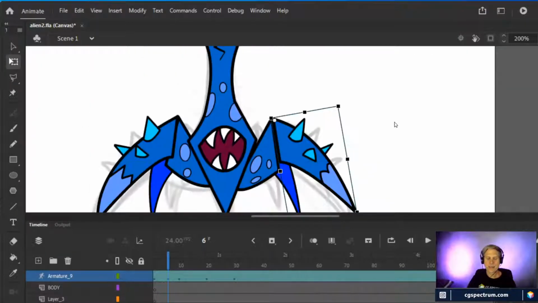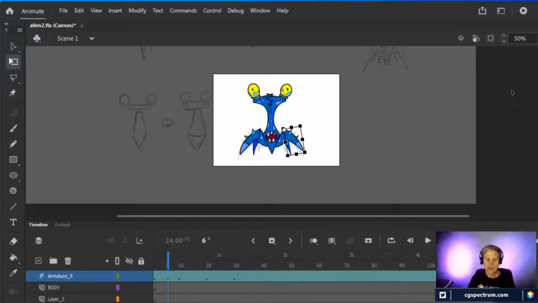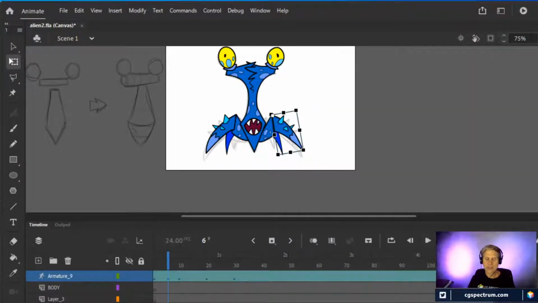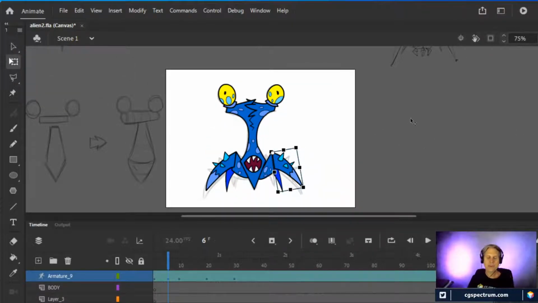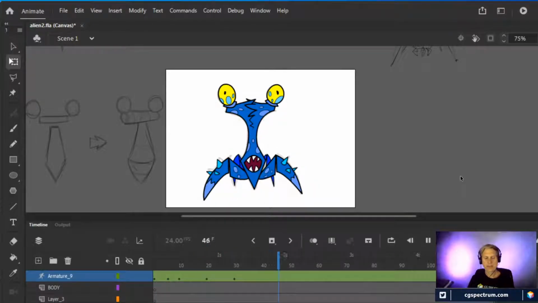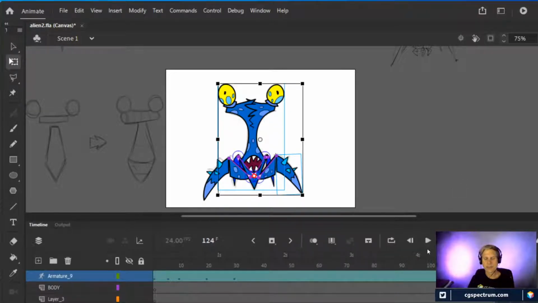But this one's already been animated, so I'll just play the animation again, and you can just see how it looks. And then I'll go into the other version, which is just the rig itself without animation on it, and I can play around. But anyway, all I had to do with this one was set up the legs so that they were broken into pieces, and then the body so it's got its own separate piece.